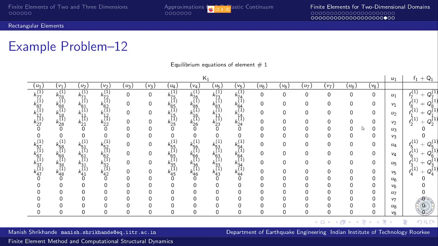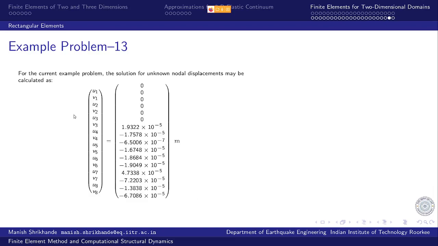So this mapping is used to plug in these elements, and once we are done with element number 1, we can go on through the complete element set one by one, and after the imposition of boundary conditions,